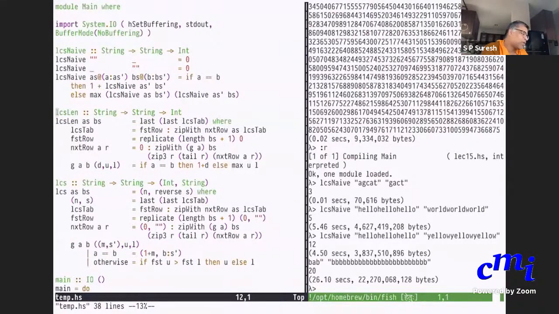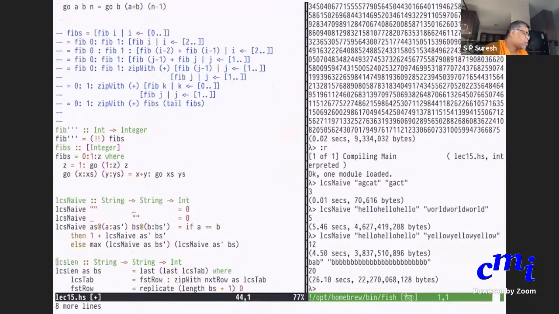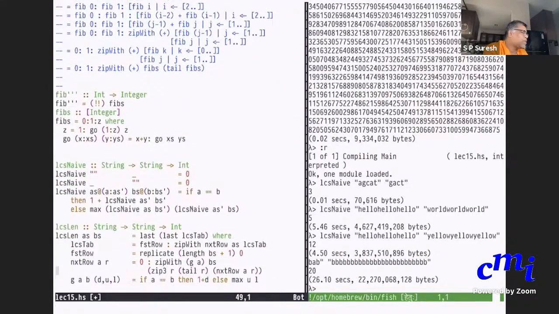So yeah, why not? Okay, great. So I have done this. This is the function that takes two strings and computes the length of the longest common sequence.